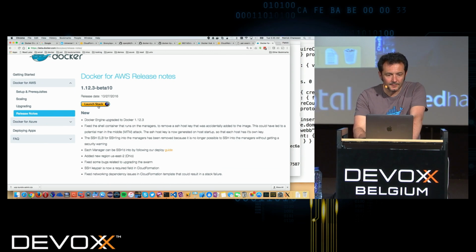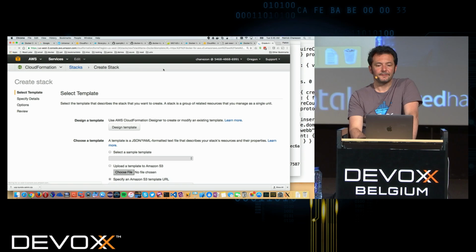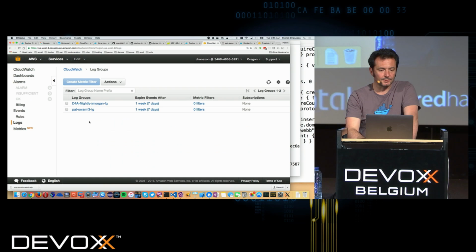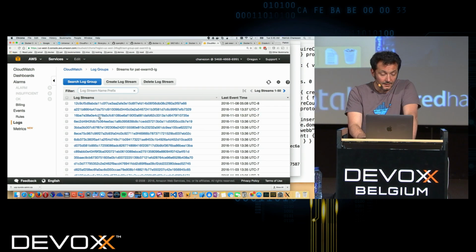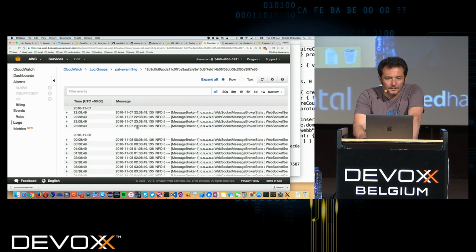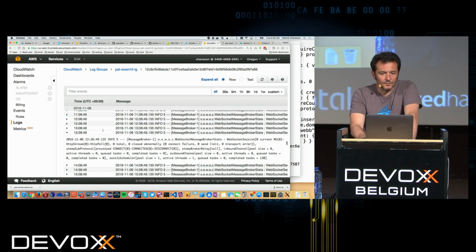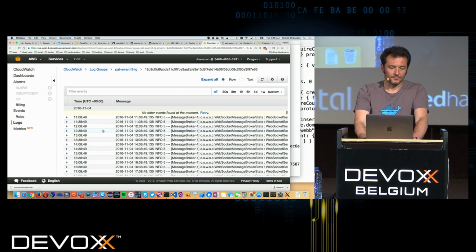So this one is from last week, and this is when you do launch stack, you're going to go to AWS. So the stack that I launched with the cloud integration is like 1 month old, and it doesn't have the CloudWatch integration yet. But this one has it, and I can show you some logs of a Java application that I've run before, just to show you what it looks like. Yeah, okay, so it looks something like that. So there, basically, you get all your logs, but in Amazon.